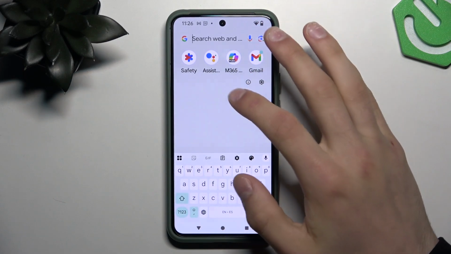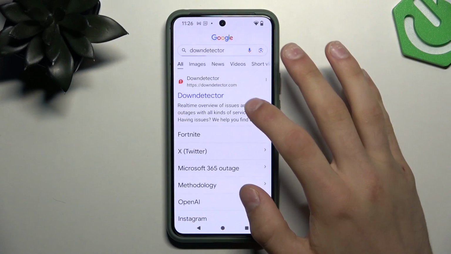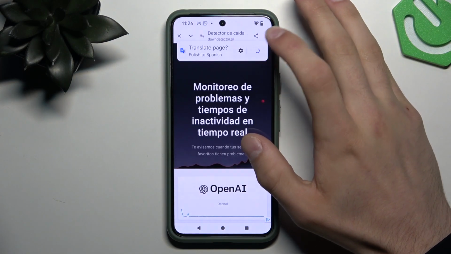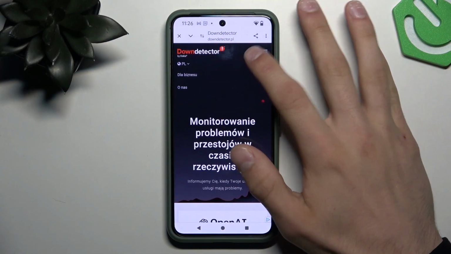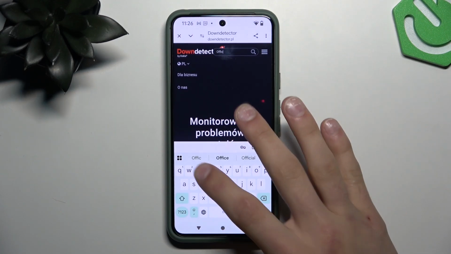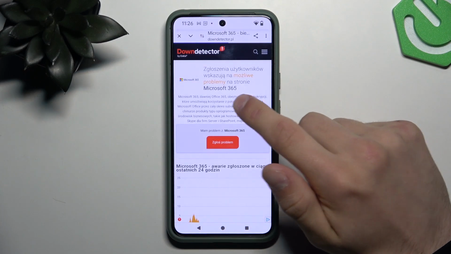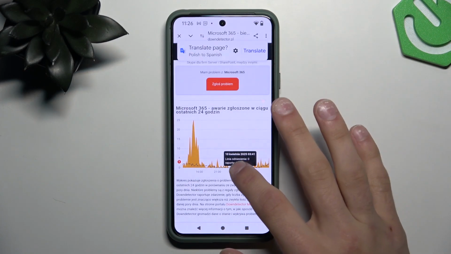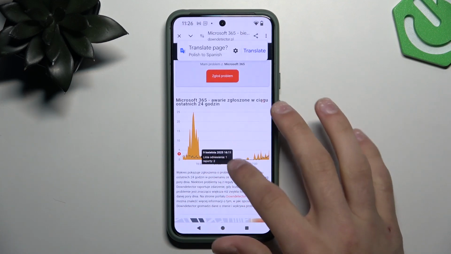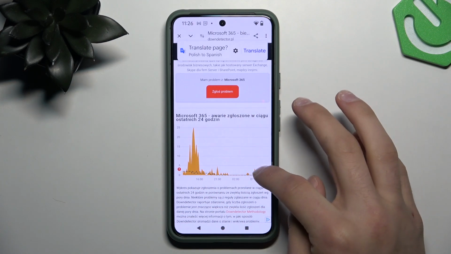So now we are going to the Down Detector. And search for Office 365. So as you can see, there was a big server shutdown for less than 24 hours, but for now it's not